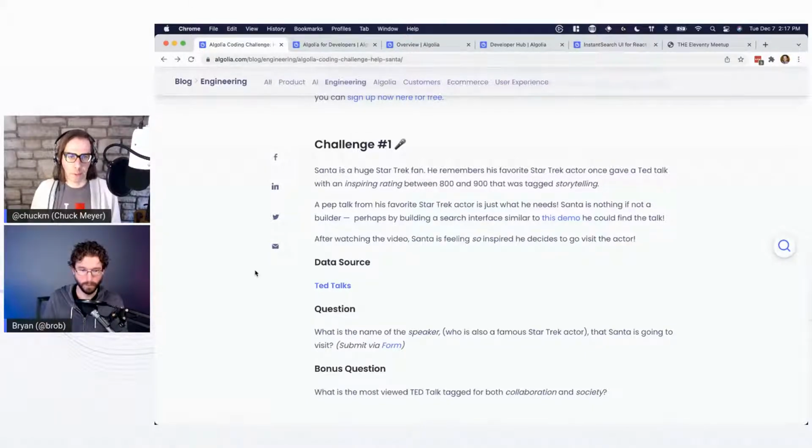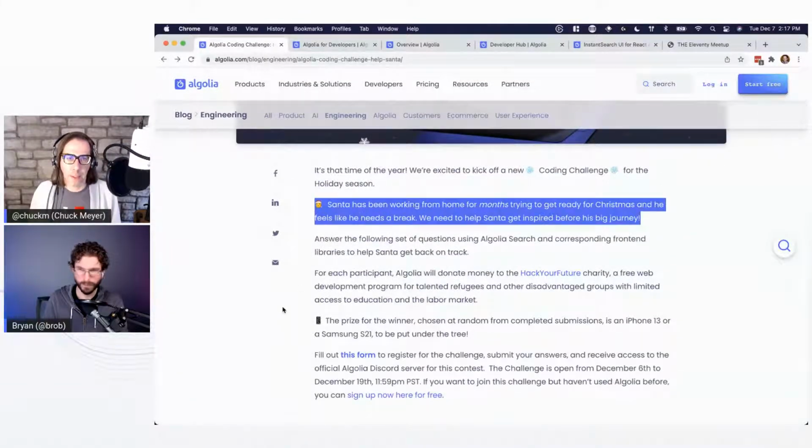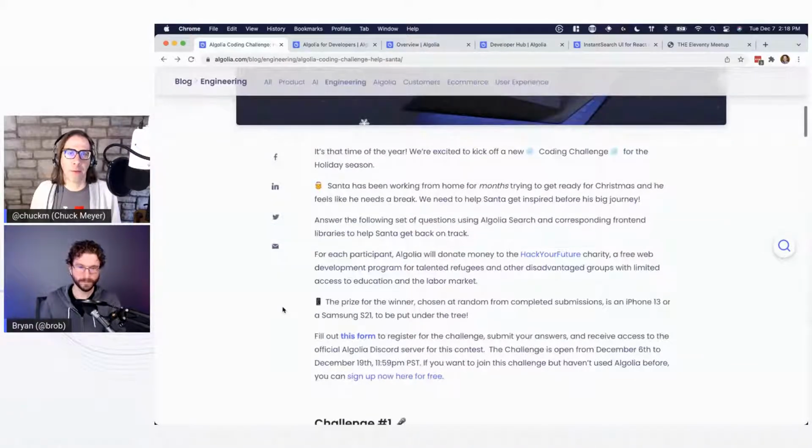So, given the time of year, this has all been given a Santa theme. So the premise here is Santa's been working from home all year long, and he's feeling a little down in the dumps, as maybe others of us who work from home always are. Isn't his little toy factory at the North Pole legitimately his house? It's legitimately his house. Yeah, he gets like this every year. The big guy. Yeah, I feel for him. I do, because I'm right there with him this year. But anyway, he's looking for some inspiration, and we're going to take him on a journey of self discovery where he's going to go through and accomplish some tasks and maybe take a little precaution just to kind of